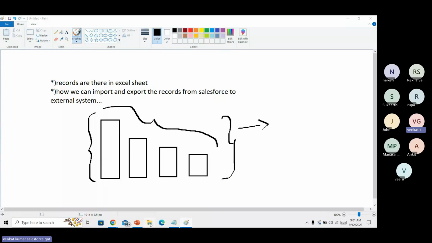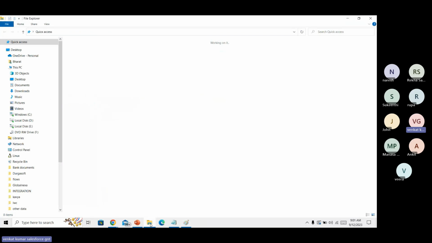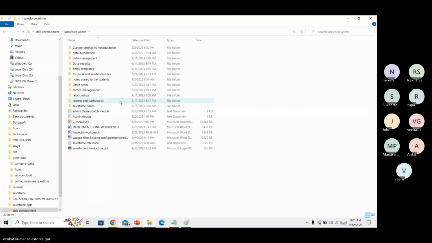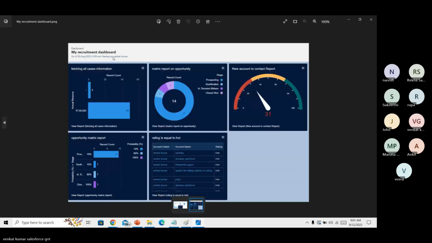In my previous classes, I designed some excellent reports. I'll show you. Everything has a configuration. For our recruitment application, I designed this dashboard. Does it look attractive?